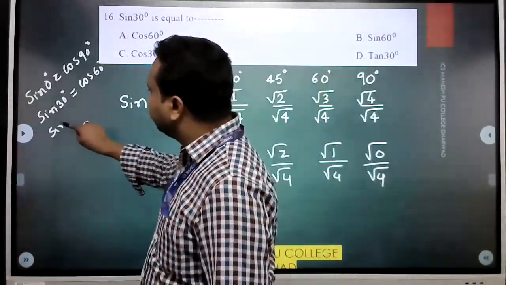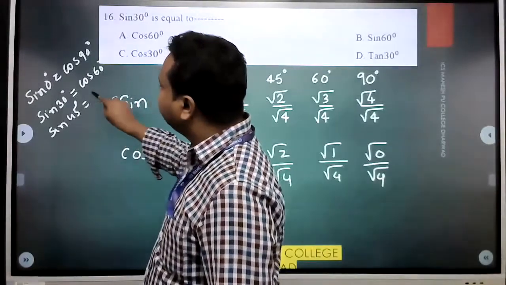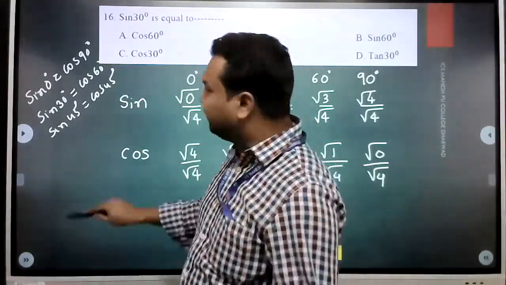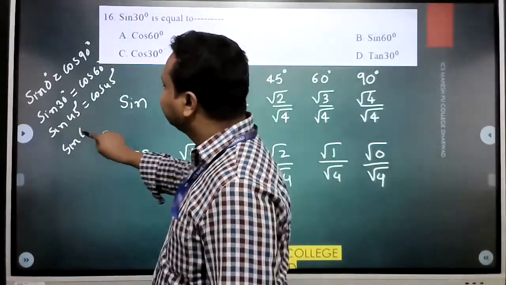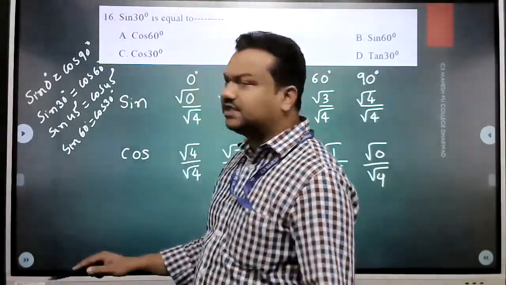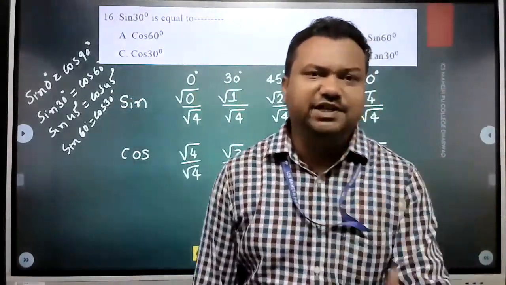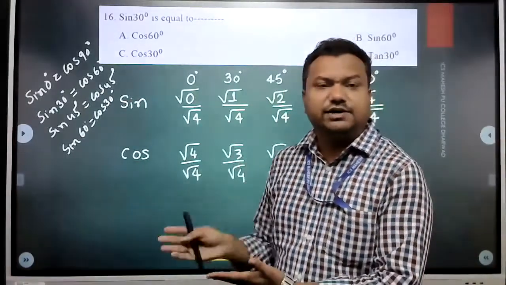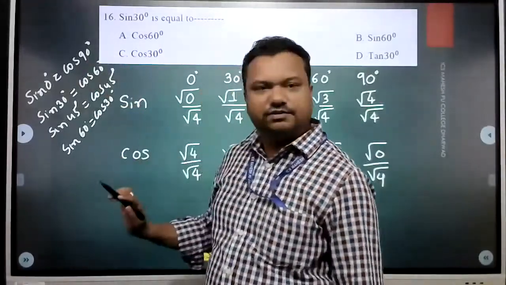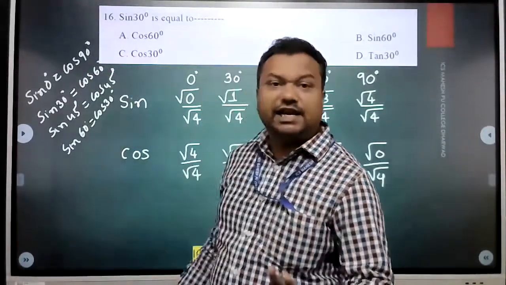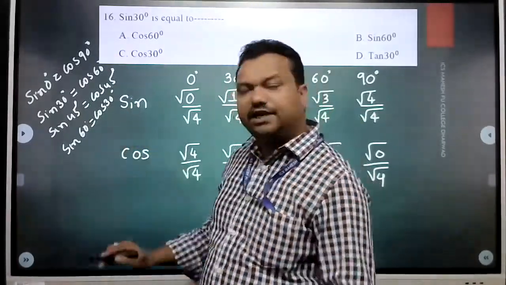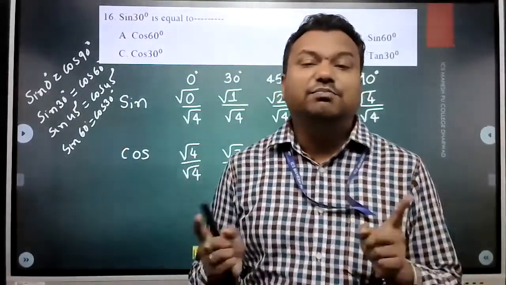Let's go for next. What is sin 45 degree? 1 by √2. What is cos 45 degree? Also 1 by √2. Let's go for sin 60 degree. It must be equal to cos 30 degrees. See that they are having the same values. Now, what is the friendship here? Try to understand. The sum of angles is 90 degrees. 0 plus 90, 90 degree. 30 plus 60, 90 degree. 45 degrees plus 45 degree, same. 60 degree plus 30 degree, same. So, what you can observe? They are complement of each other.